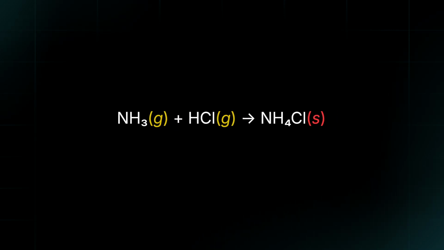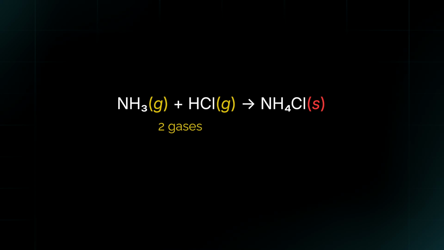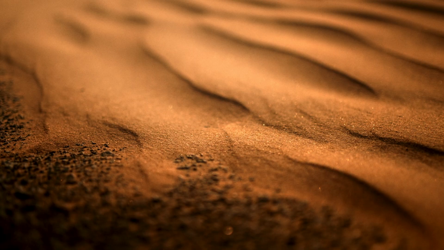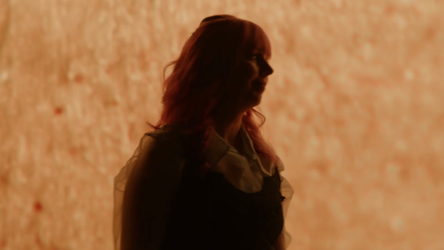When ammonia gas and HCl gas react, they form a solid. Two gases have lots of freedom of motion, but the solid is tightly constrained. So the entropy decreases as these free-moving gaseous reactants form a constrained solid. Being able to predict when entropy increases or decreases is an important factor to consider when we're trying to predict if a reaction is likely to occur. So it's helpful to be able to look at a chemical reaction, analyze the possible arrangements of the reactants and products, and know if the entropy is increasing or decreasing.